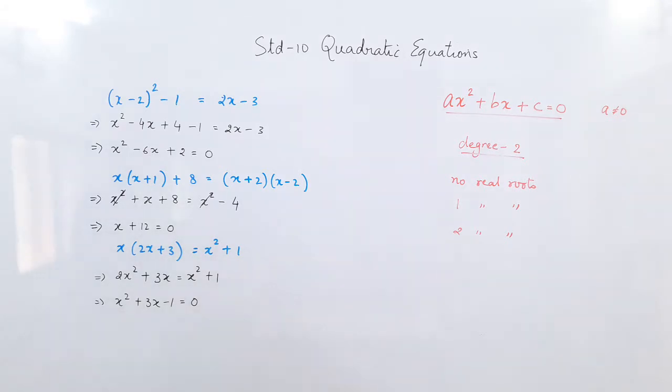So in the first step we have seen what? We have understood what quadratic equations are. So when certain equations are given to you, you will first expand them, simplify them and rewrite them. And if you get it in the form of ax square plus bx plus c equal to 0, then it is a quadratic equation. Otherwise it is not a quadratic equation.